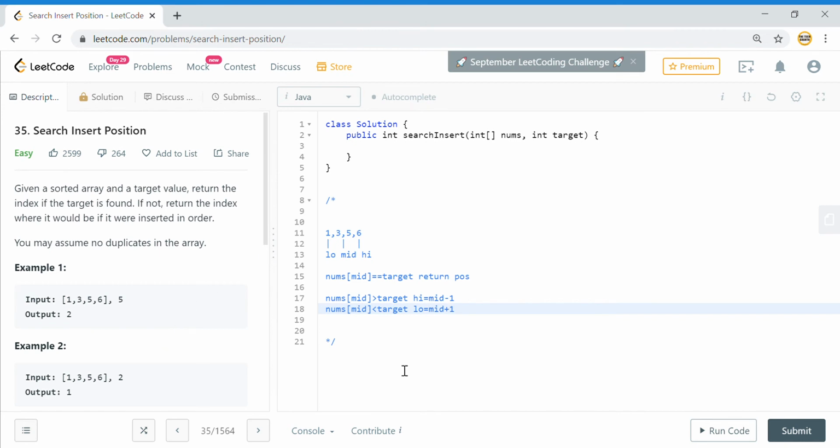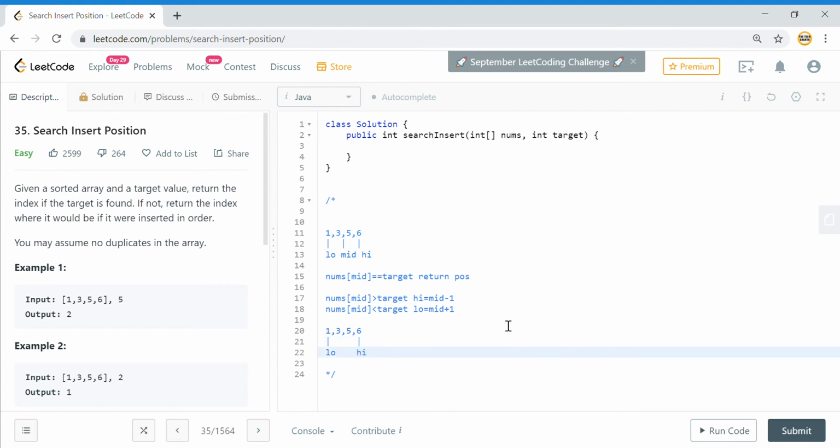The best part of solving this problem using binary search is, suppose I am given this array and I need to search for the element 4. I will start my low here, and this will be my high.